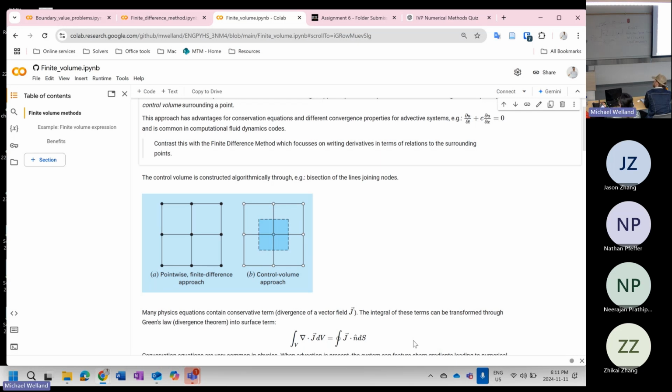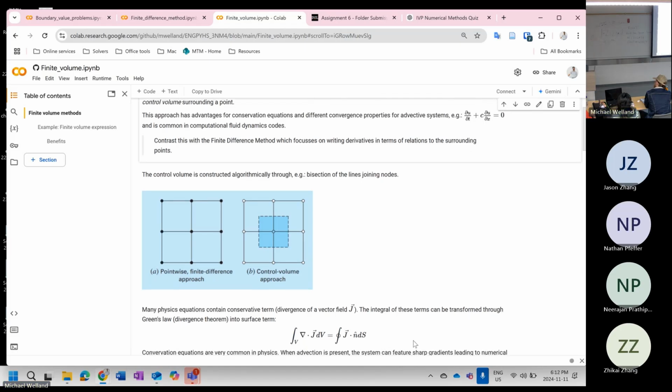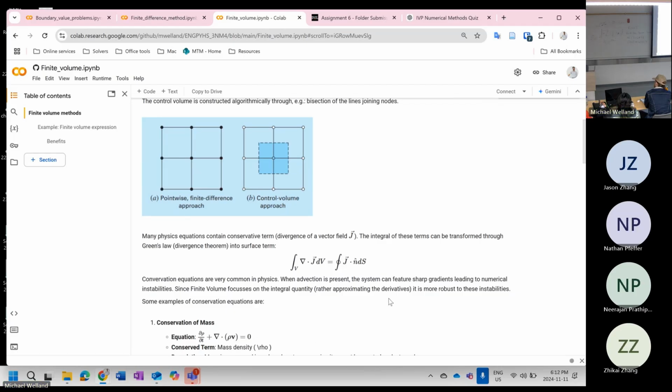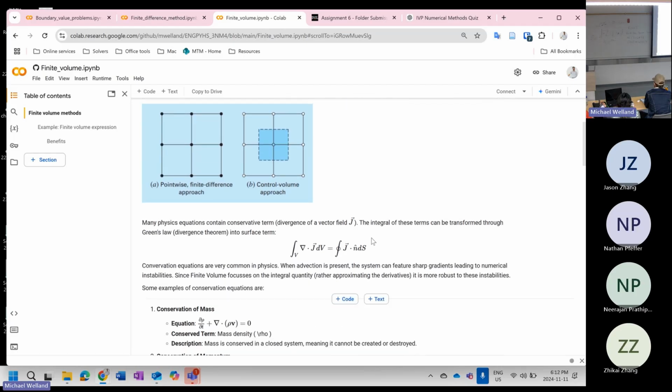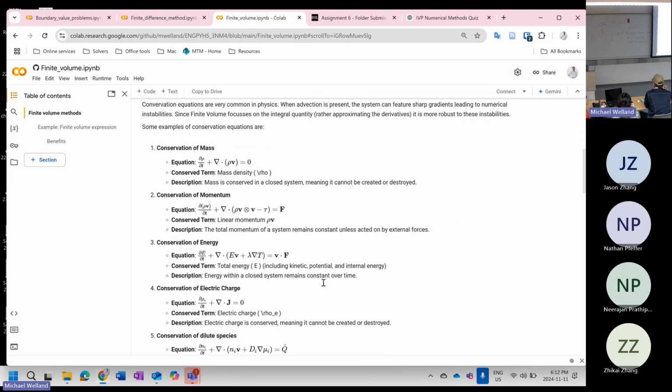It's actually super simple when you think about it, right? Divergence is all about spreading out. So all you do is you look at what goes through your boundary. Hooray. Okay. This is really nice because you get conservation equations all over the place. When advection is present, what you get is a lot of very sharp gradients because you have material moving. If this material is moving faster over here and this one hasn't kept up, then